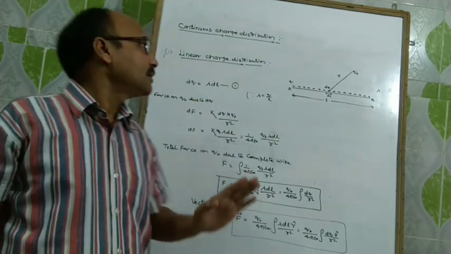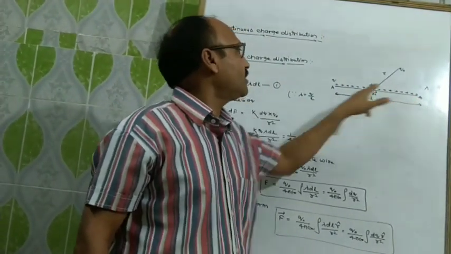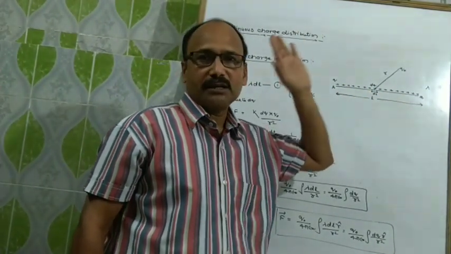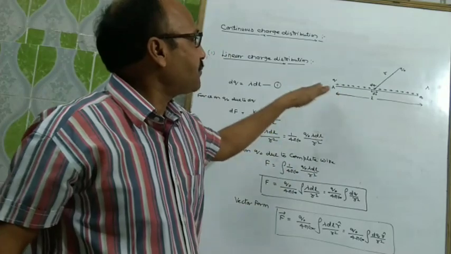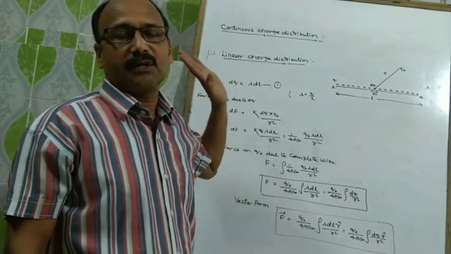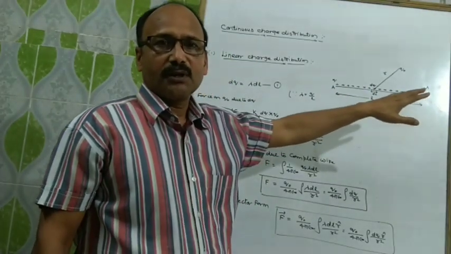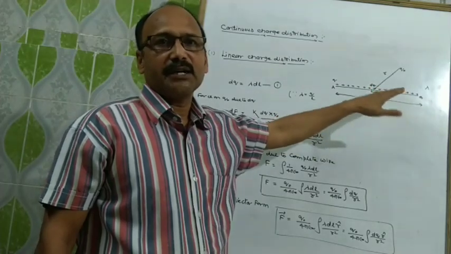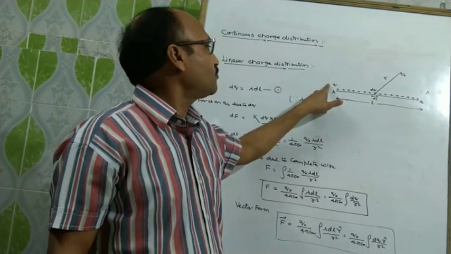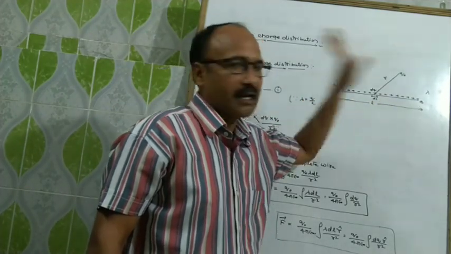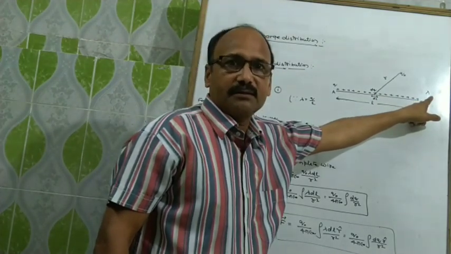It means, now try to understand that this line, suppose this is the AB line, on this plus Q charge is uniformly distributed, or this charge is closely spaced. It means it appears a continuous charge. Okay, this line may be straight or curved. So in this derivation we are taking a straight line and its length is L, and plus Q charge is uniformly distributed on this line. Lambda is the linear charge density.